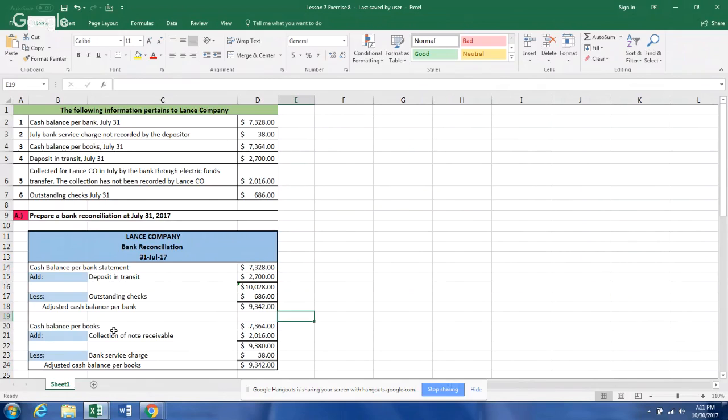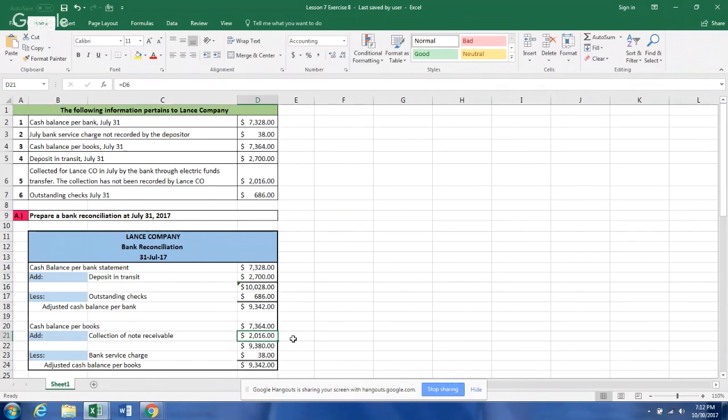The second part you have to do is your cash balance per your books. So our cash balance per our books states that our amount is $77,364. Then we received an electronic funds transfer via the bank that hasn't been recorded yet, but we record it as a collection of notes receivable. So you need to add those two together. Your notes receivable was